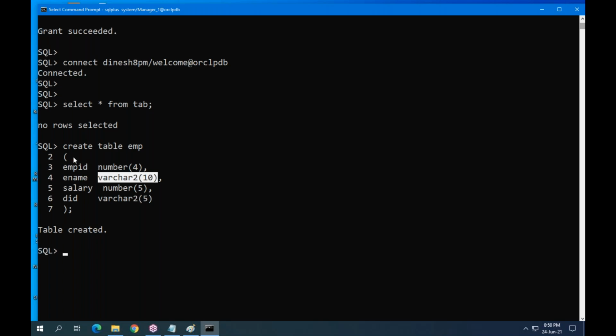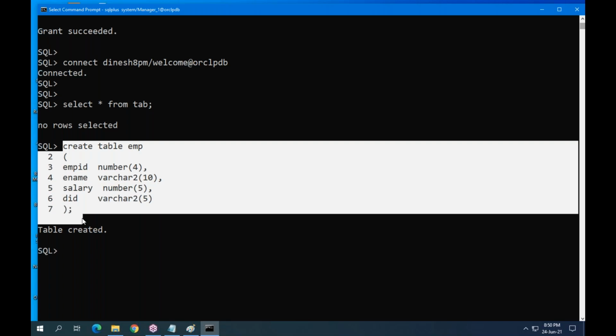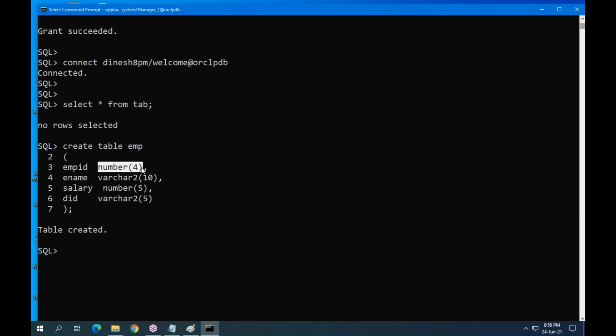Before creating any table, we have to follow rules. And before using a data type, you have to know the valid list of data types and what is the use of each data type.